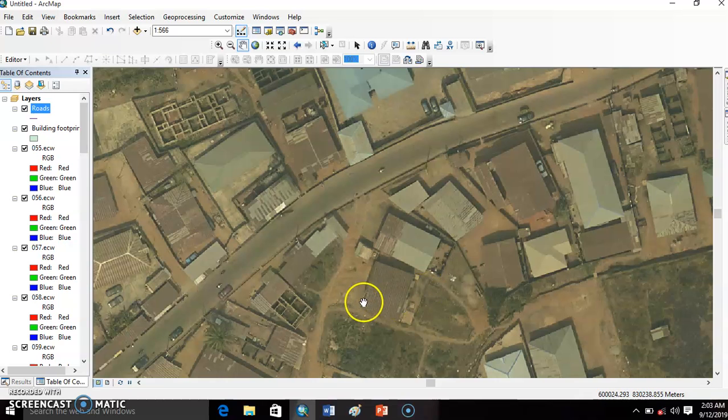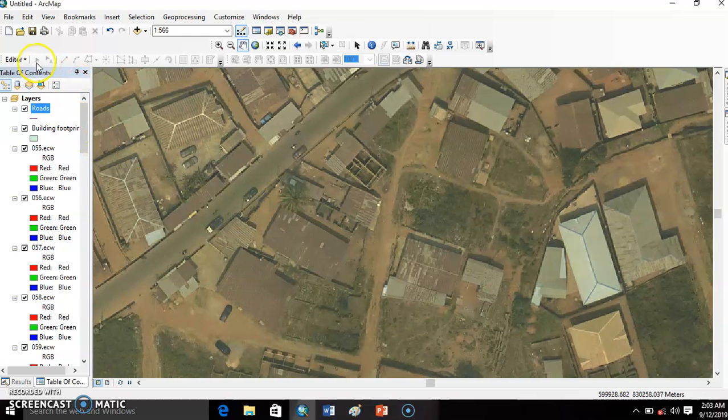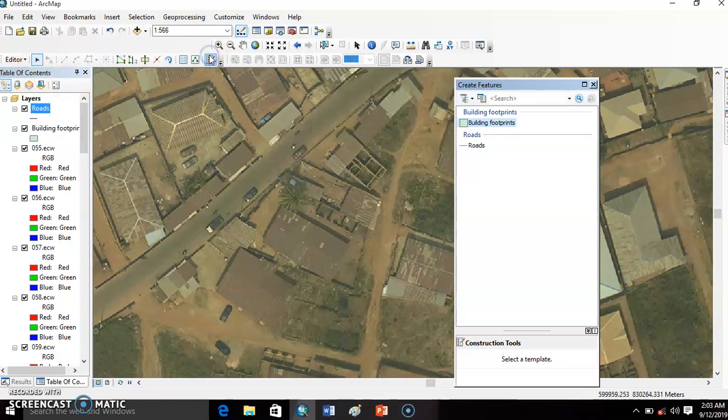The design may also be influenced by the nature of the road, because some of the roads are of different width. So we are going to start from here, and then you go back to start editing, and then when you say start editing, you say we want to create feature, and then because we have created our folder now, and then we want to work on road layer, and then you click on line feature, and when you come here, you start with left click, you start tracing the road like this.